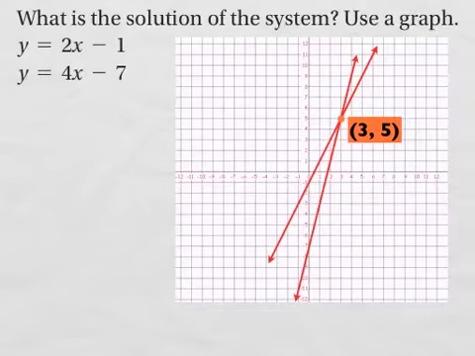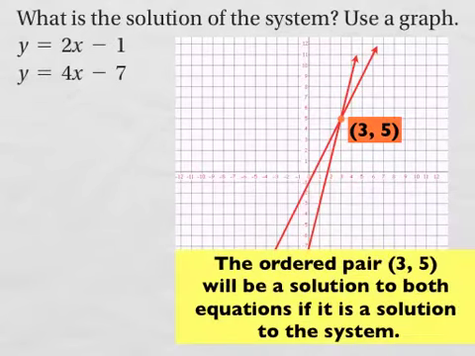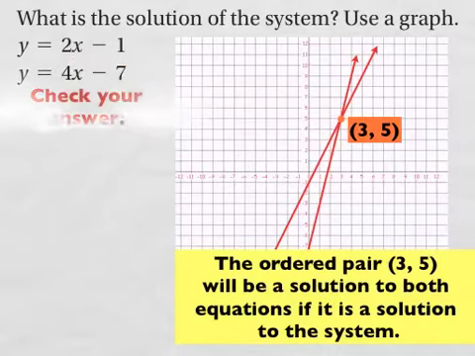So I'm going to go ahead and show you. The ordered pair 3, 5 will be a solution to both equations if it is a solution to the system. So to be a solution to the system, to the whole thing, you have to be a solution to each part. To do that, like I said before, for the first equation, I'm going to plug in